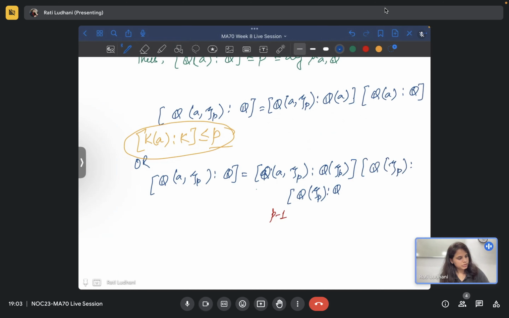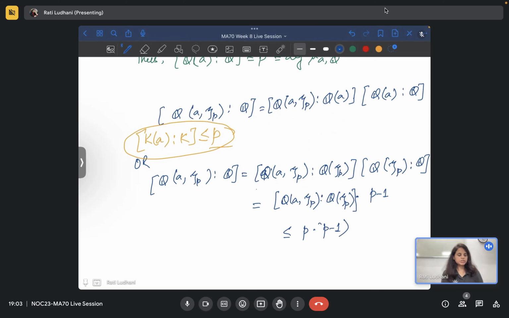So I'll use this part, the second one, for the answer. So we have now this information, that this is p minus 1, and we have something we don't know about this, but we for sure know that this is less than or equal to p. So this is equal to this, and this is less than or equal to p into p minus 1. We have this much information, but we also know that